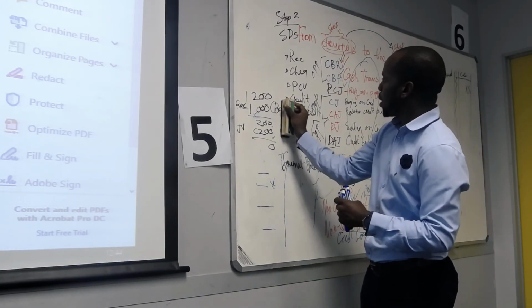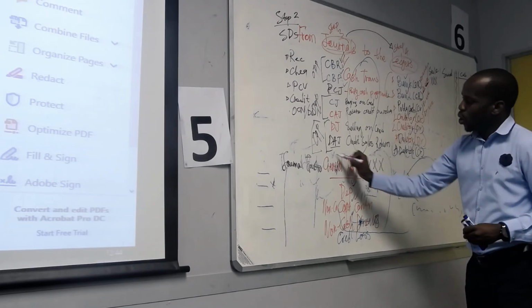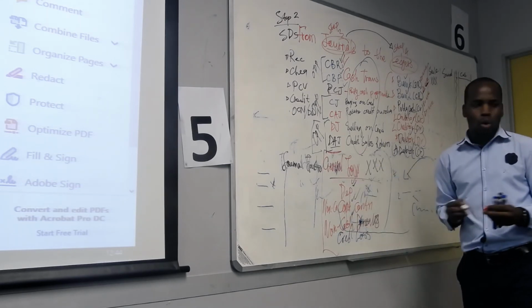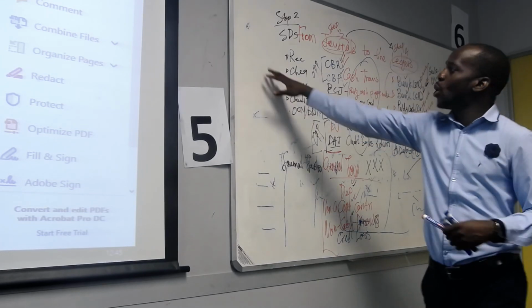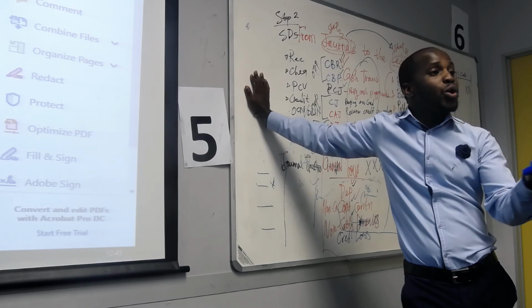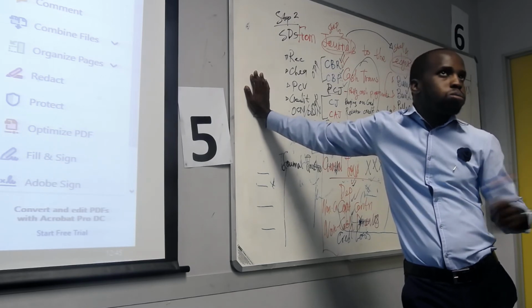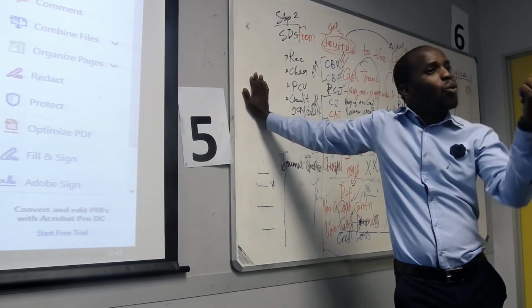Now once we figure out the transactions that we will record in the journal, is there any other one? Settlement discount, or interest. Those who don't pay, we charge them interest. We said, pay us today, the 1,200. If you pay us today, we're going to give you a discount of 200. So those who paid no longer owe us. Those who continue to owe us, we charge them interest.